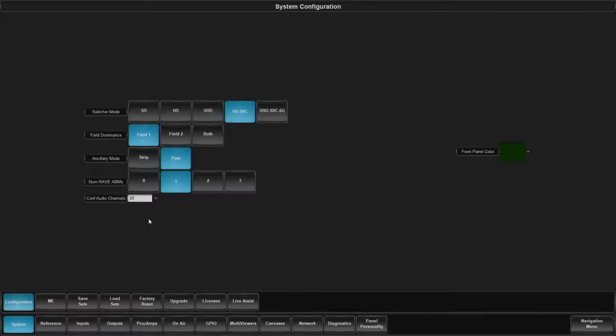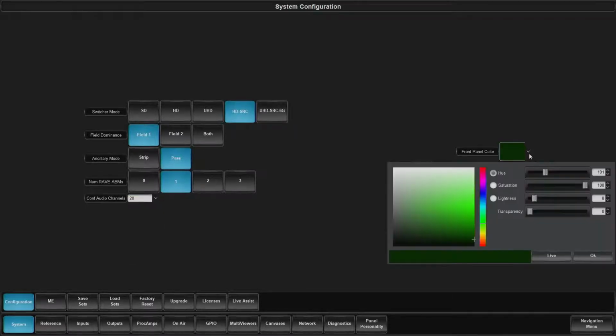Configurable audio channels refers to the total number of faders that you want in the system. With the Graphite series, instead of being forced to always have 48 faders, there had been a request. Now what you can do is define the total number of faders that you need for that production, and the system will reconfigure itself accordingly. That way you don't have a whole bunch of faders that you're not using. Note that 48 faders is the maximum number that you can have. And then in a separate video, we'll see how we assign which audio goes to which fader.